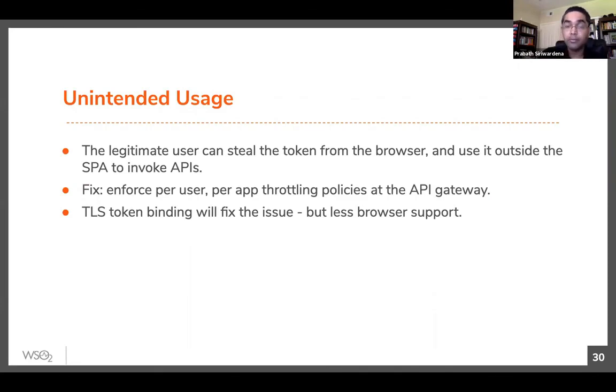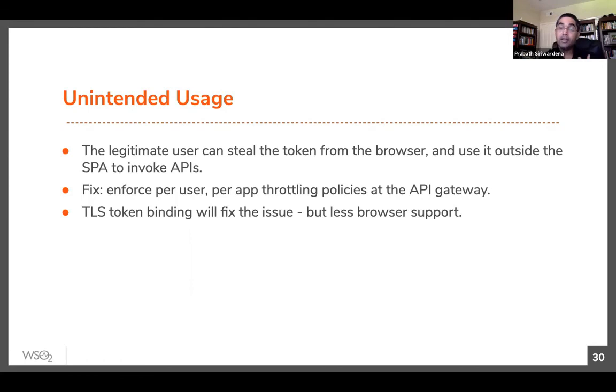One good example: we work with a customer in the US. They have a mobile app where you can order tickets or sell tickets for movies. There's an access token embedded in that application. You should be able to just go to this application and invoke APIs anonymously. Those anonymous APIs are also secured with OAuth, so we embedded a token in the application itself. You invoke those APIs and get the movie list and so on. Only when you want to buy a ticket do you need to log in. But even for anonymous users, we protect the APIs with OAuth.